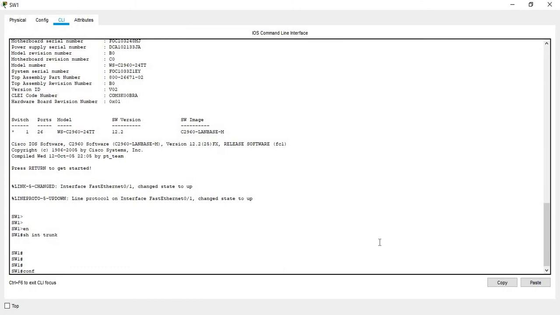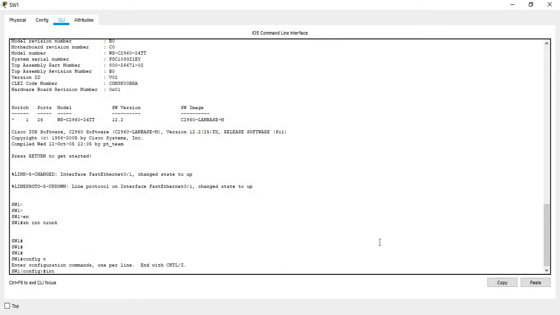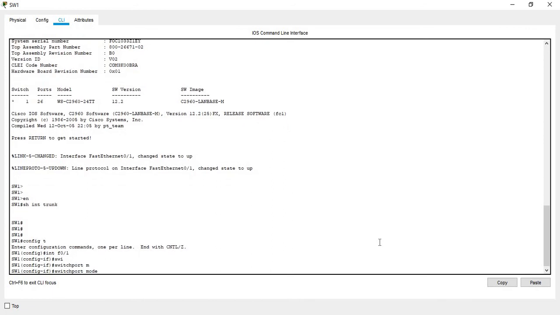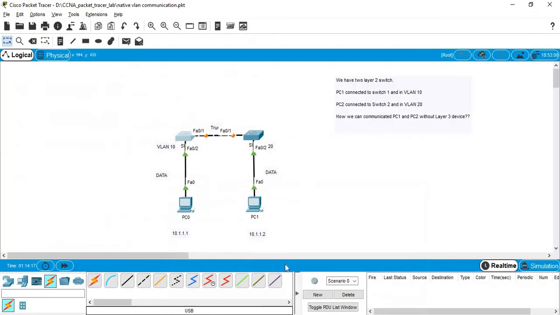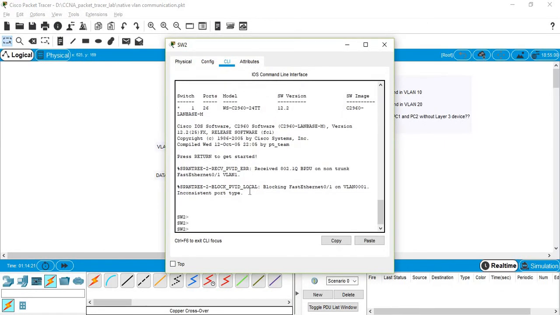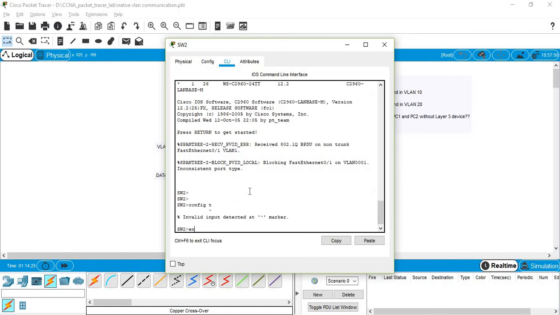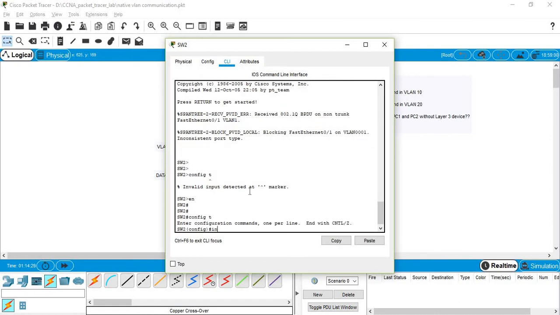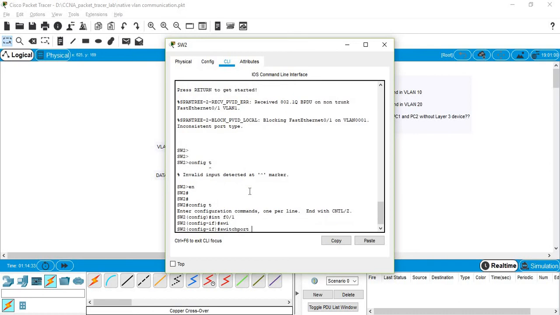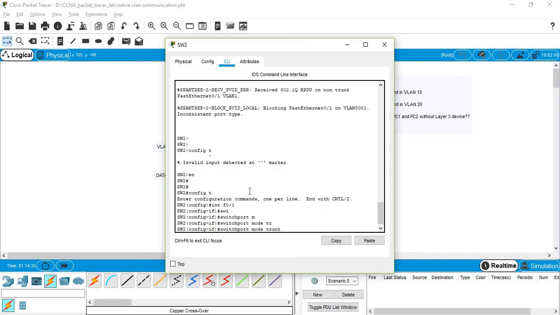Okay, firstly let's configure the port. Switchport mode trunk, on both sides make it trunk. Config T, port mode trunk.